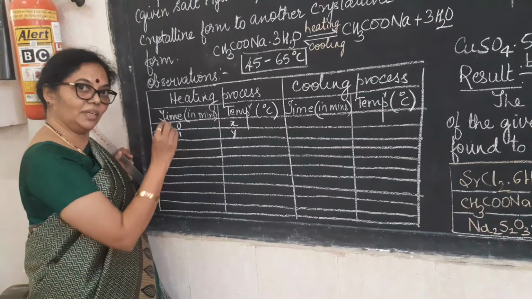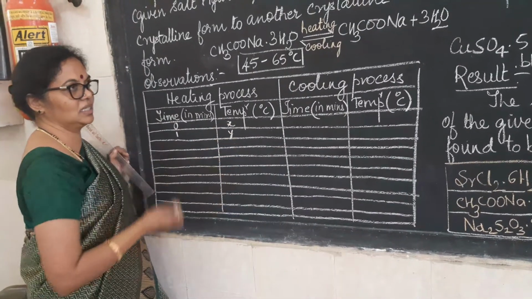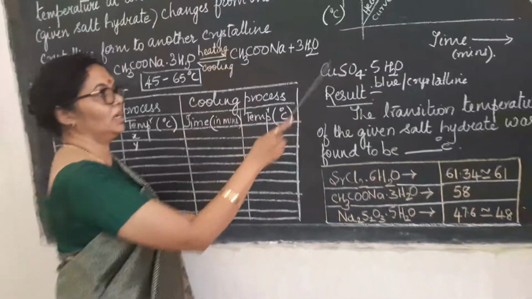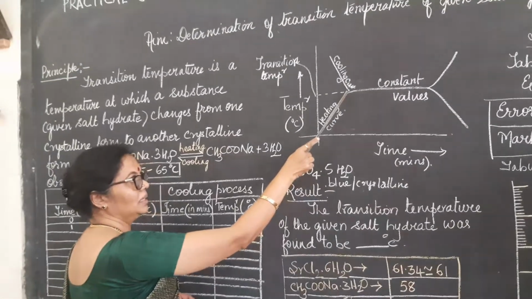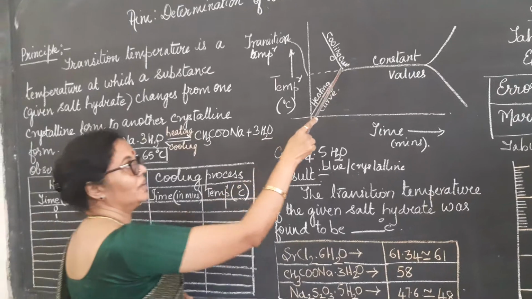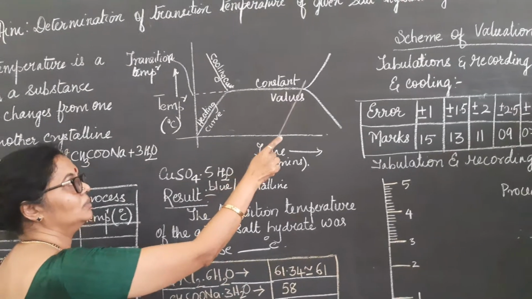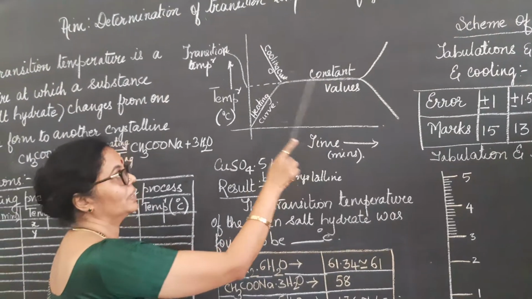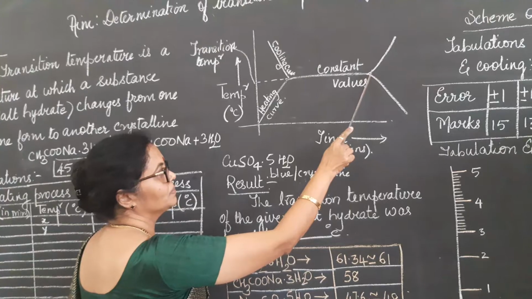You will find that when you are doing the experiment, initially the temperature goes on increasing. So if you were to plot a graph, you will find that it will keep on increasing. After some time, you will keep getting the same value again and again, that is, you are going to get a constant value. So in the graph, you will find that it gets flattened out.